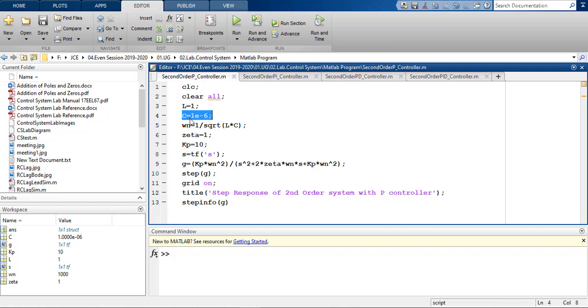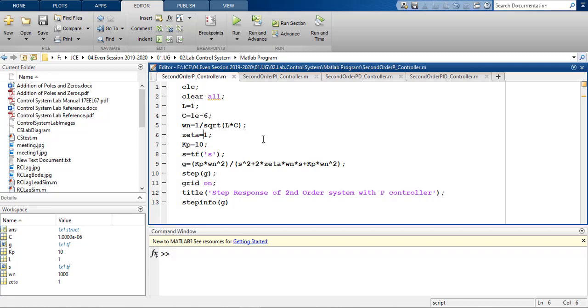In place of 10, you can write e; MATLAB takes it as the power of 10. Now the expression remains the same. Again we have used the value of omega n, then zeta. Now zeta I have changed in the experiment.